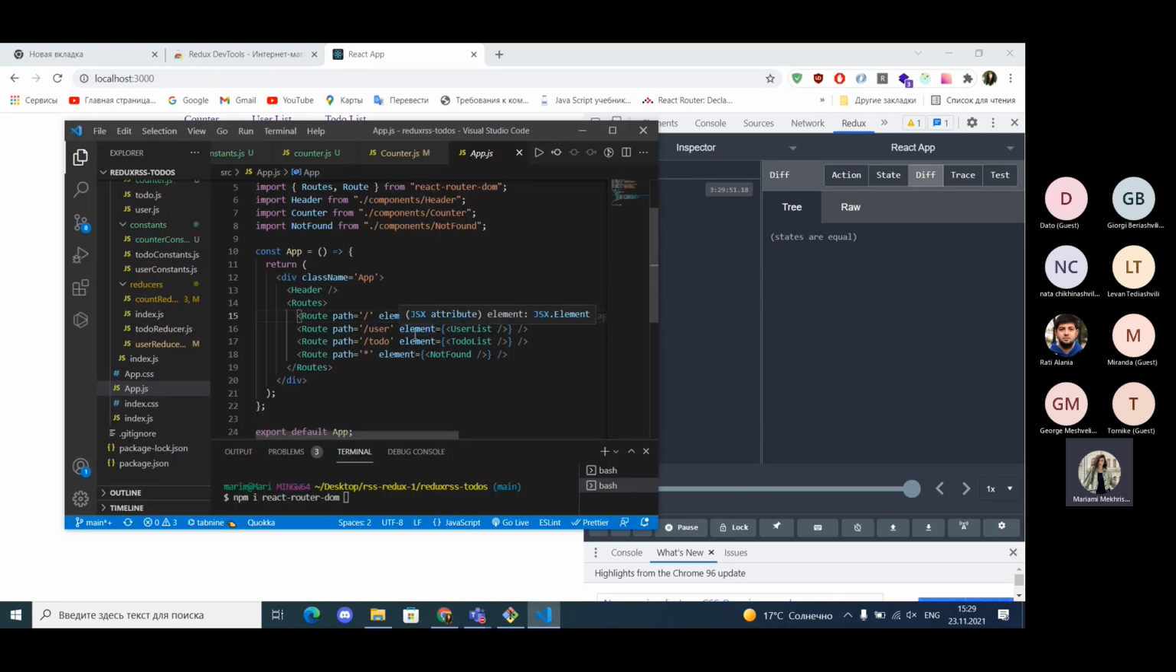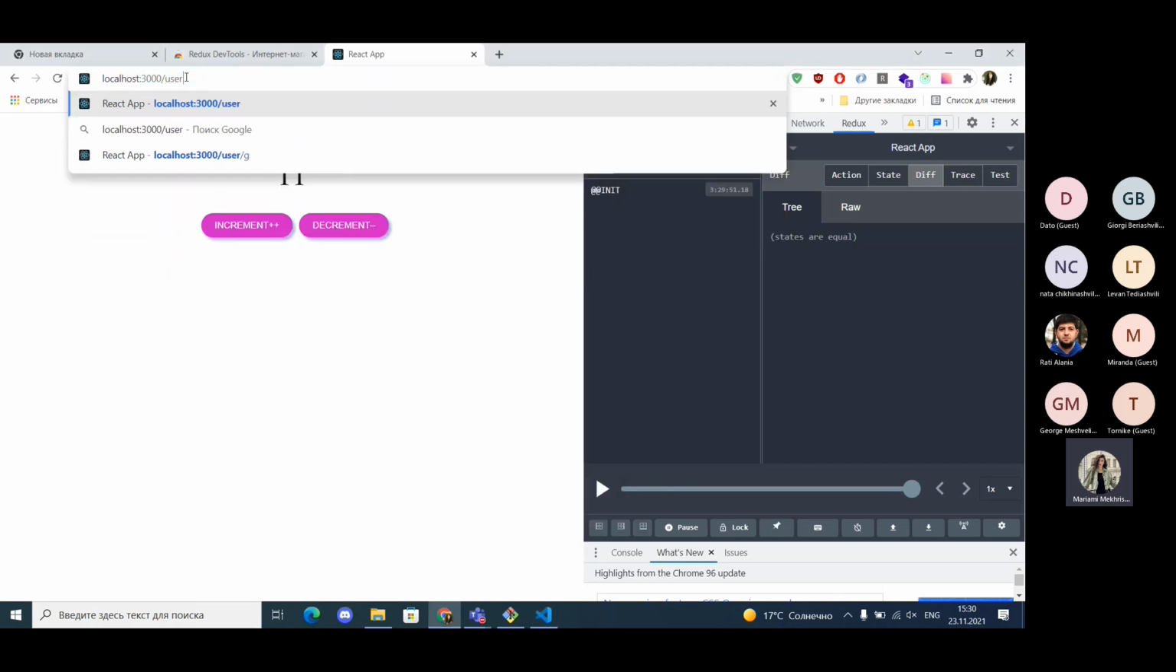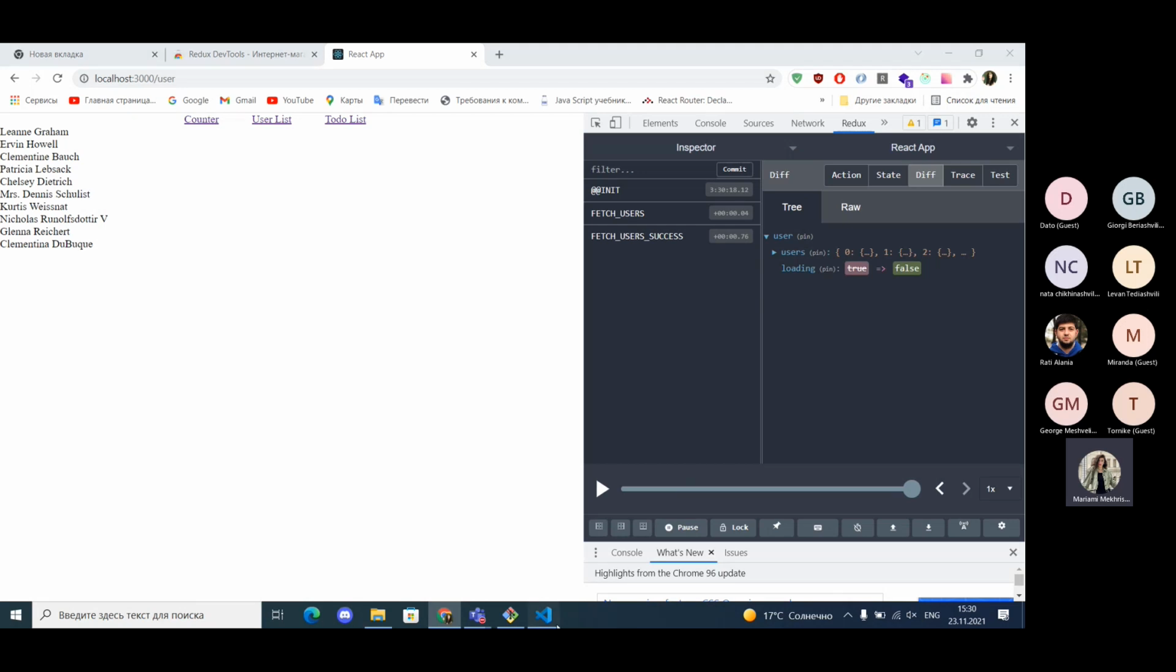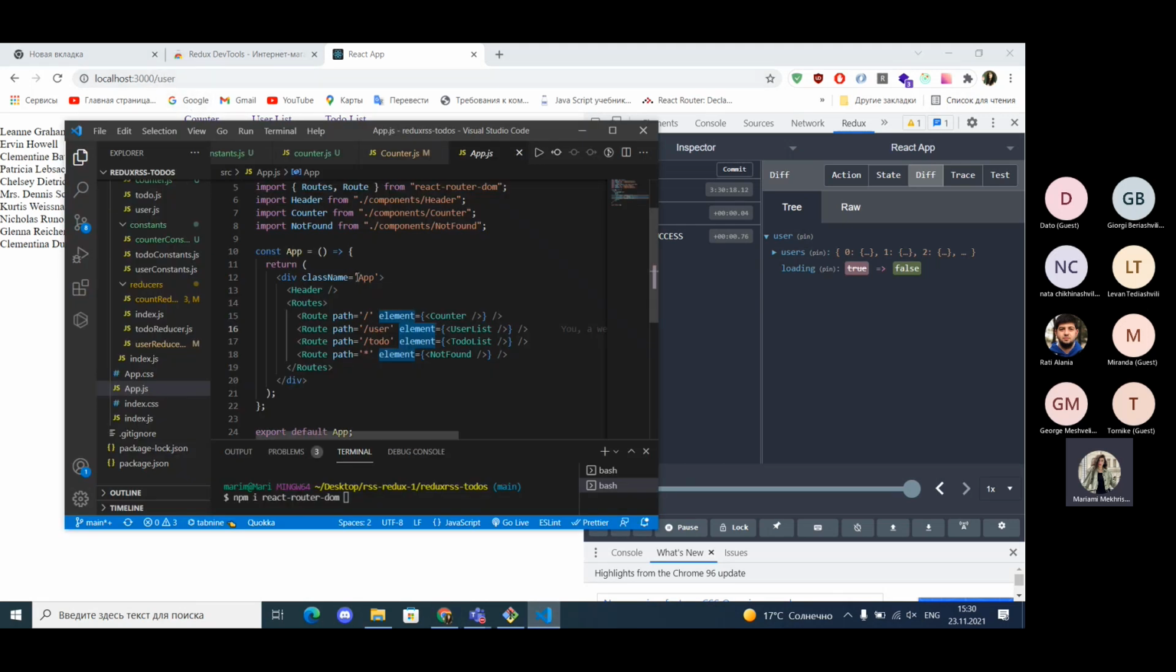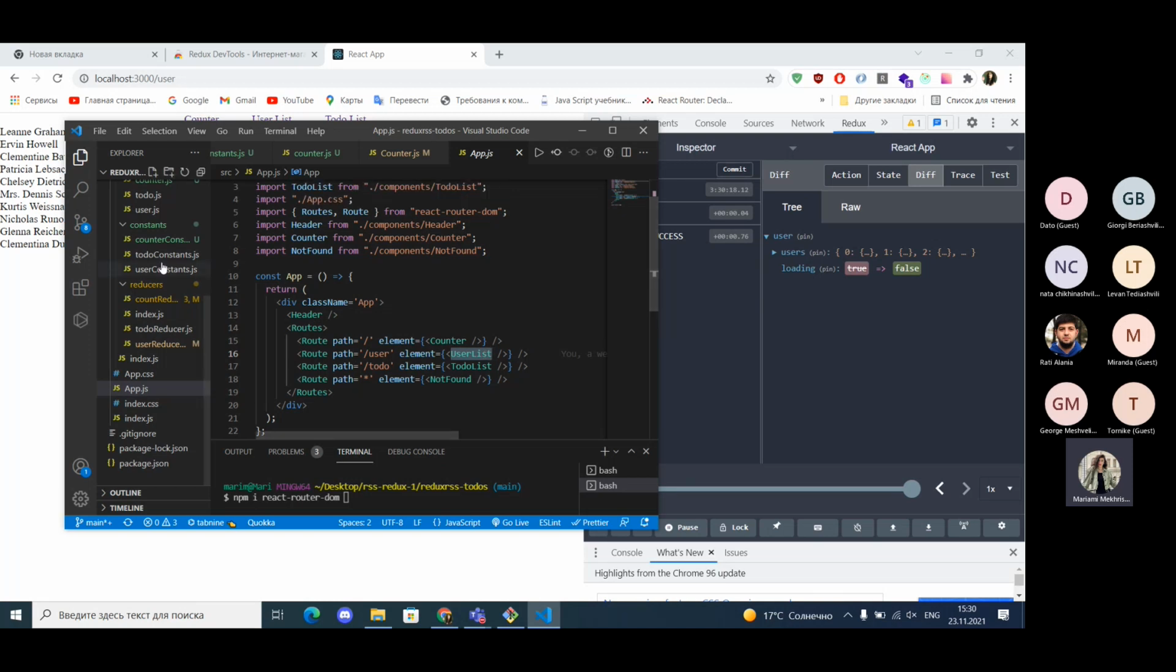So as you see, Route has two main props, path, which is nothing but the URL path, and element, which is the component to be rendered when the current URL matches the path. So as you see, we write here user, and when our path matches that path, that element, that component of user list, is being rendered. So that's all, and now let's move to our header